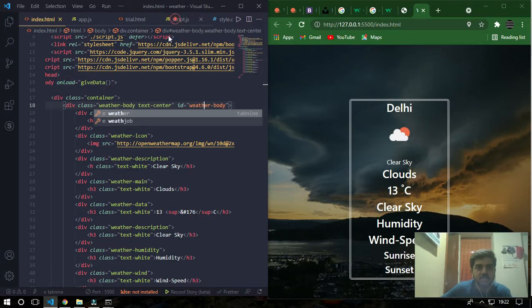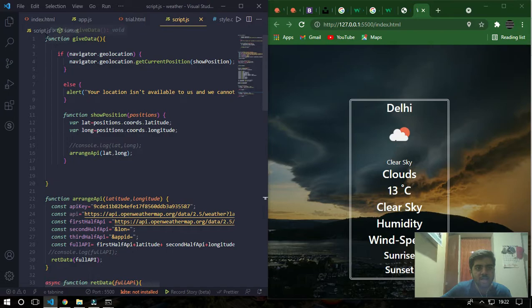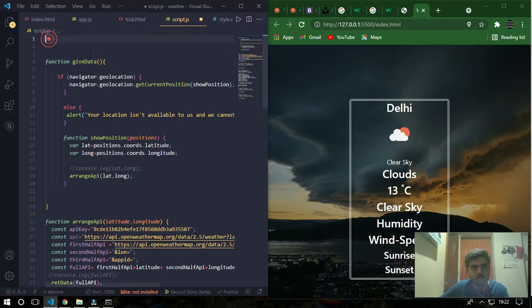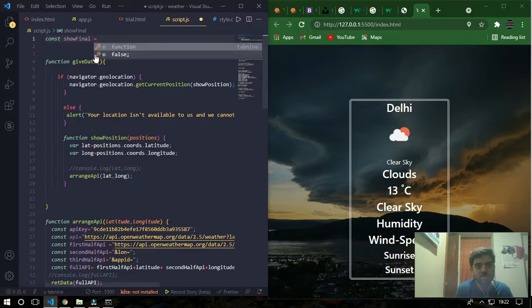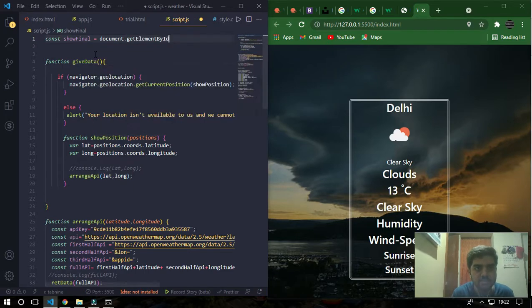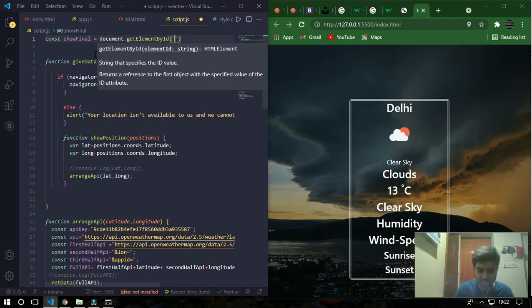Now in the script.js, I'll retrieve that. const showFinal equals to, what do you call that, document.getElementById, and our ID is weatherBody.